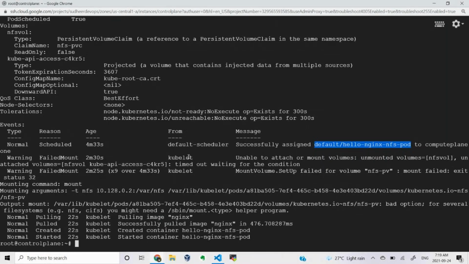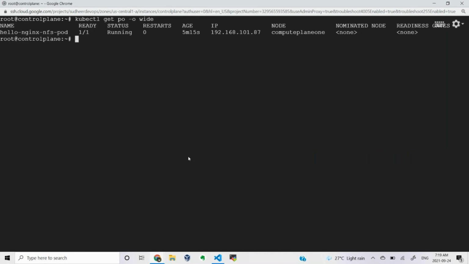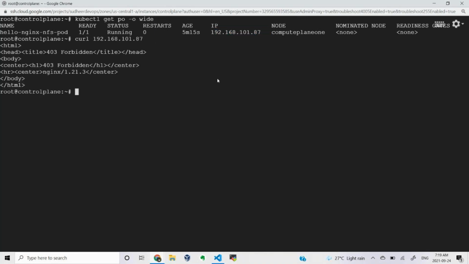In this way, now if I try to curl it, obviously you would expect some info like welcome to Nginx. But it says forbidden. Why? Because the directory is empty in the NFS server which got mounted to my particular directory inside the container. So whatever data you had gets wiped out.